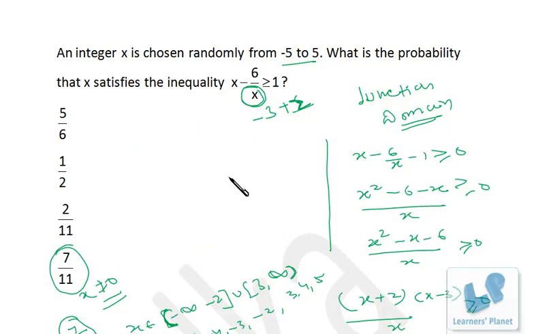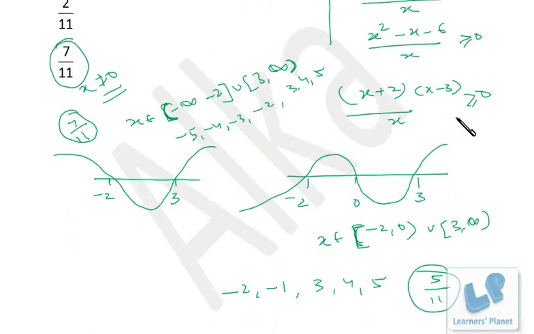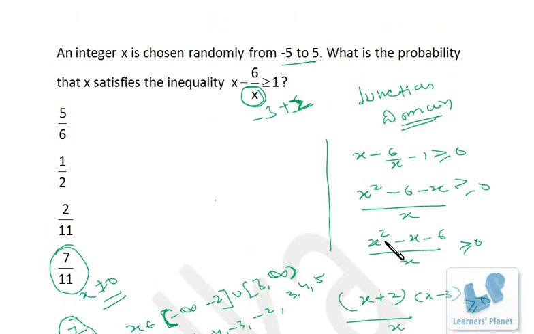Now if I see the solution this way, I'm getting the minimum value, that is minus 2. If I put minus 2 over here, minus 6 by minus 2, that's plus 3. So that's actually greater than or equal to 1. This is actually 1, so that's equal to 1. So the values greater than minus 2 will produce the result greater than or equal to 1. So this is the proper way of solving the inequality, right?